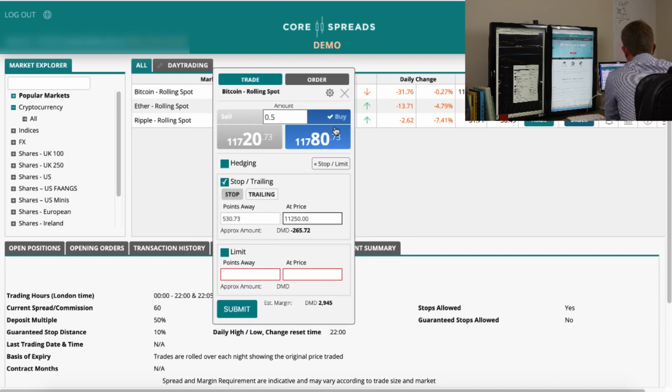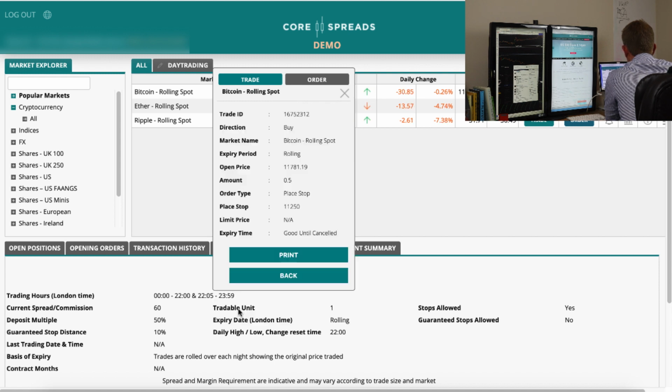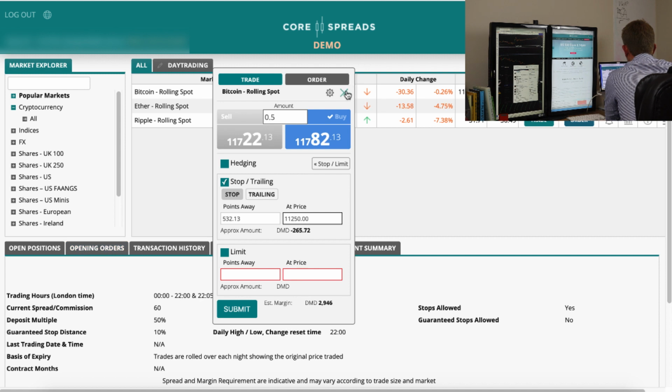Okay, so there's my ticket loaded up. It's primed. I've got my stop in. I'm not going to put a limit in for this, and I'm going to fire it away. Bang, I'm in, I'm long. It gives me confirmation. It's a buy, Bitcoin rolling, etc. I can print it off if I need to, go back, or I can close the ticket now to